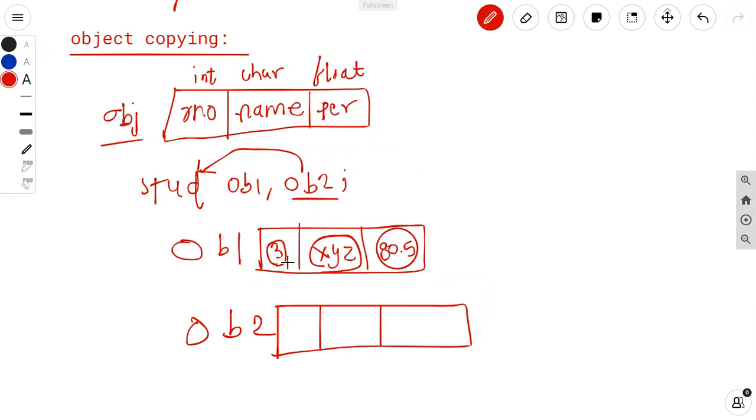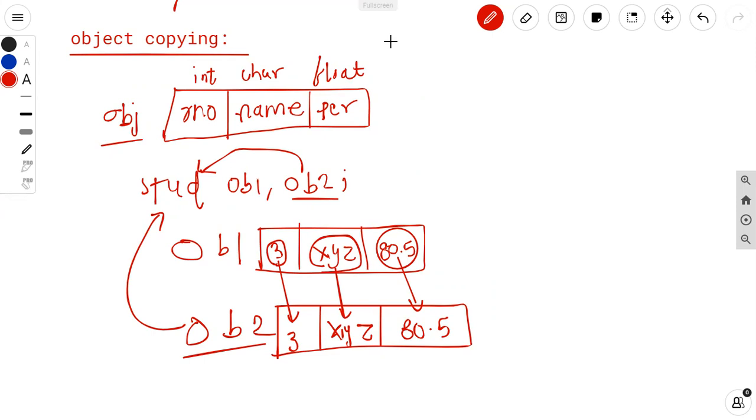So I'm copying these values into object 2. 3 is copied over here, xyz is copied over here, and 80.5 is copied over here. I'm copying these attributes into another object, but this object is again of the same type. Then you can copy between the two objects. Such a method is known as object copying.